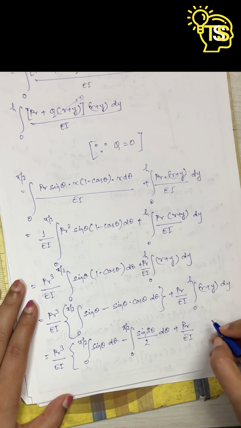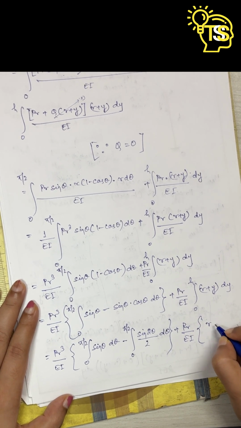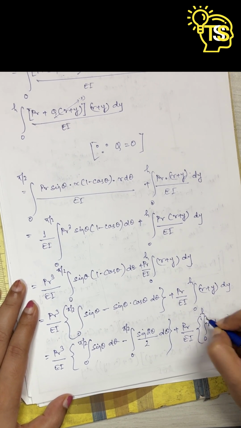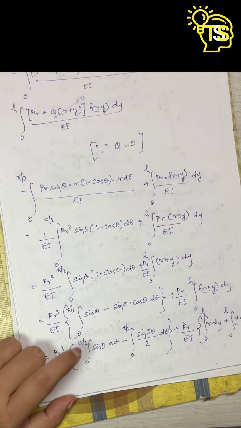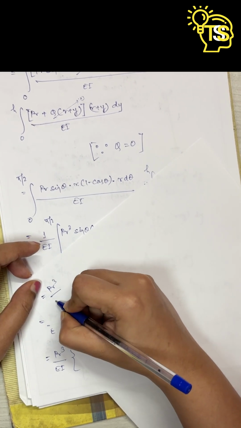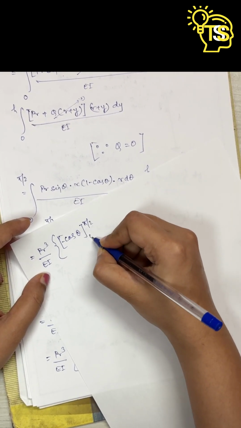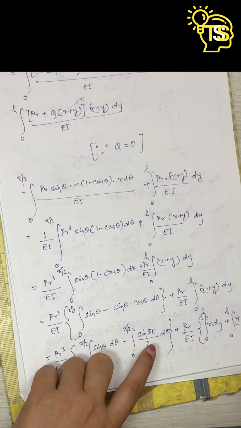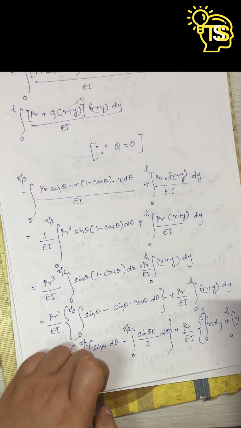Let's separate this term as well. We will get R dy integration limit from 0 to h, y dy 0 to h. Here integration of sin theta will be minus cos theta. Let's write it down. And the integration of sin 2 theta will be minus cos 2 theta, and let's bring this 2 out of the integration. Here the integration of sin 2 theta will be cos 2 theta by 2, and let's bring this denominator outside. So we will get